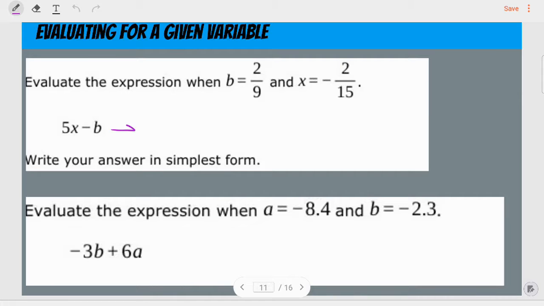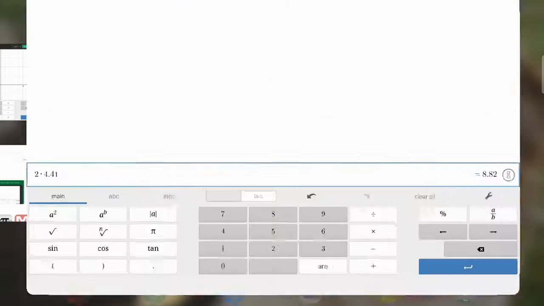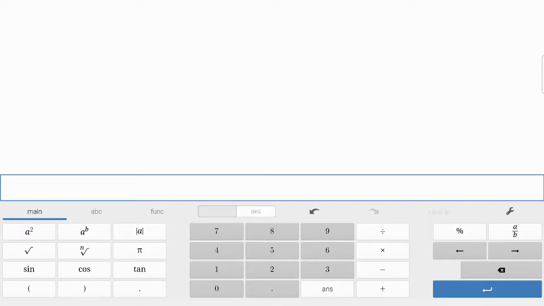I'm going to be renaming my variables with these numbers. So here we go. 5. Renaming x as -2 over 15. And putting it in those parentheses whenever I replace a variable. Minus, put in the parentheses, 2/9. Write your answer in simplest form. And here's where I'm going to use my handy dandy calculator. Here we go. 5 parentheses